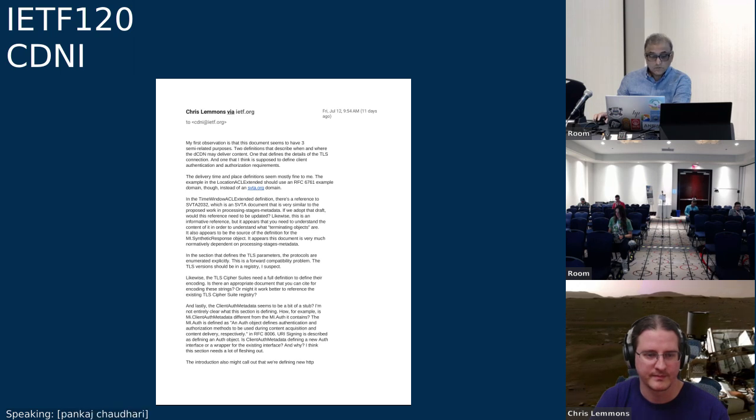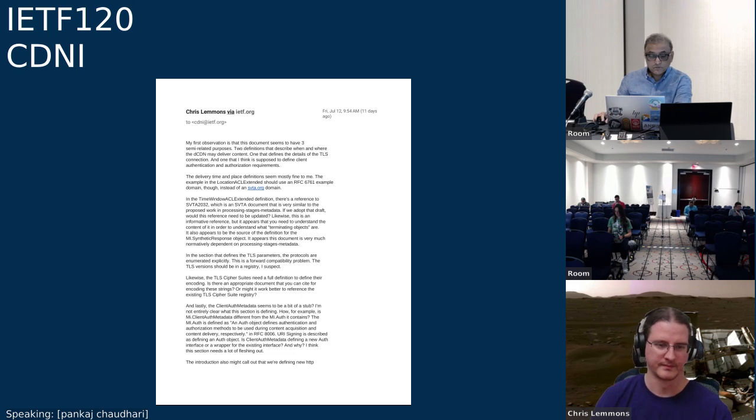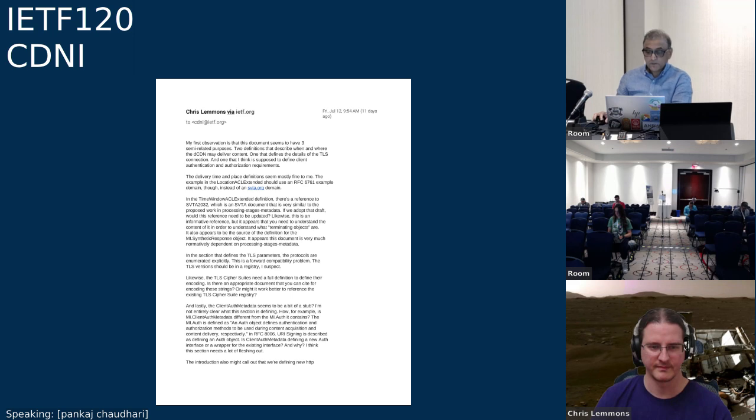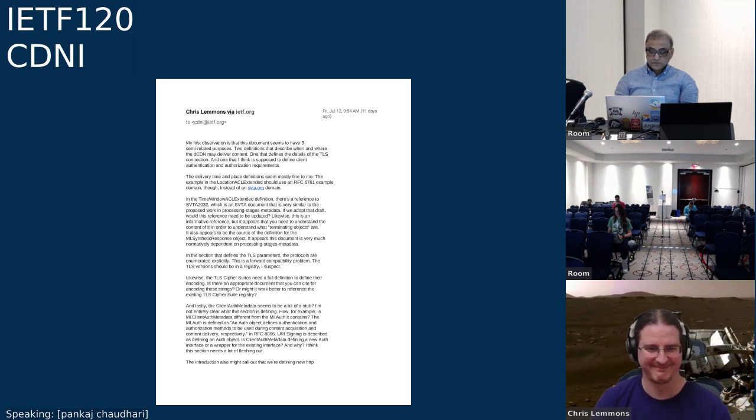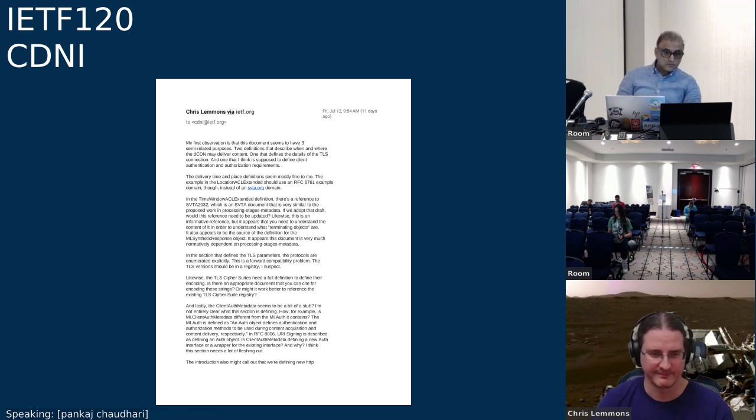The next paragraph, which starts with "and lastly," the client auth metadata seems to be a bit of a stub. I'm paraphrasing because it's a larger paragraph here. The client auth metadata seems to be very similar to MI auth, and right now it seems like it's just a bit of a stub. So what gives? Where we were headed with that, the intent was that for better or worse, if you